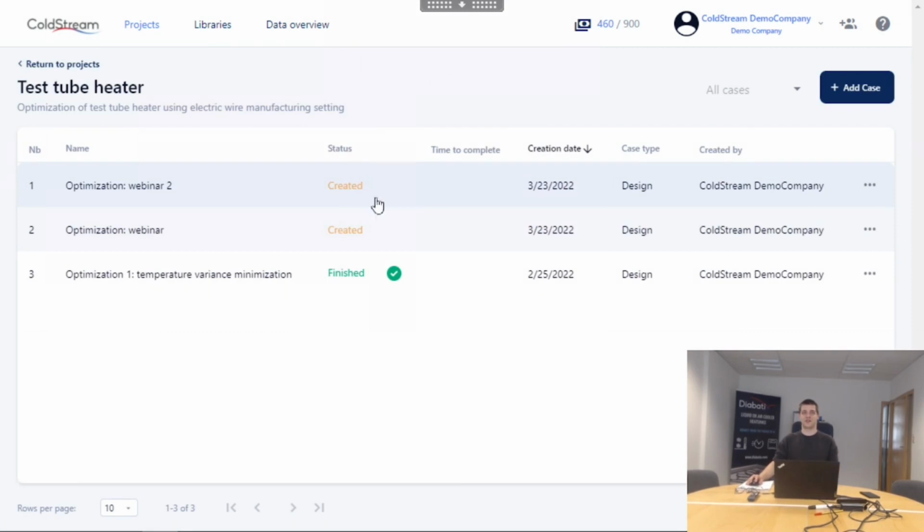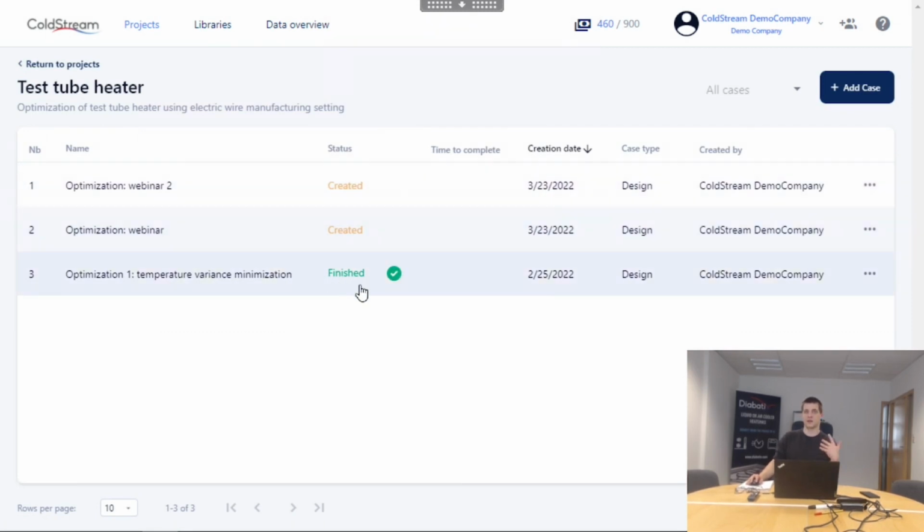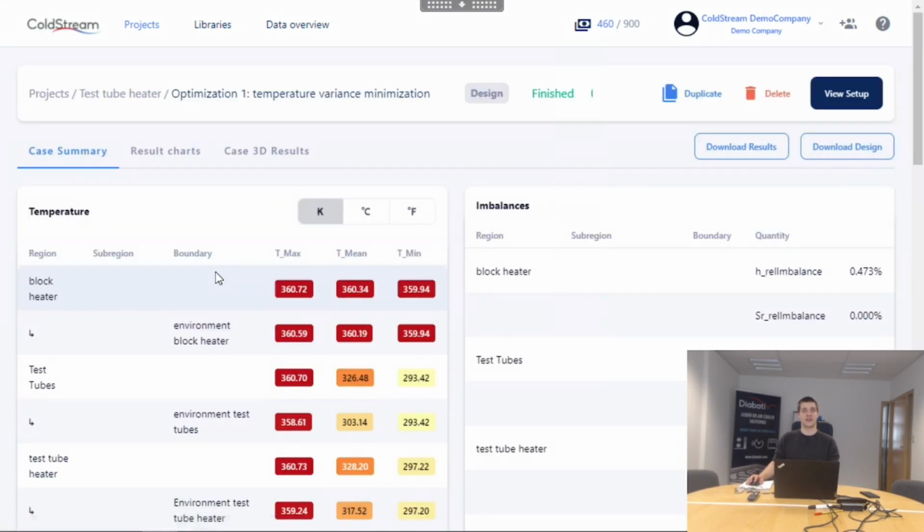So once your case has finished, it will transition from running to the green finished. You'll also get a notification that your case has finished. So once you press your now finished case, you'll get the following overview. So the first thing you'll see is the case summary file,